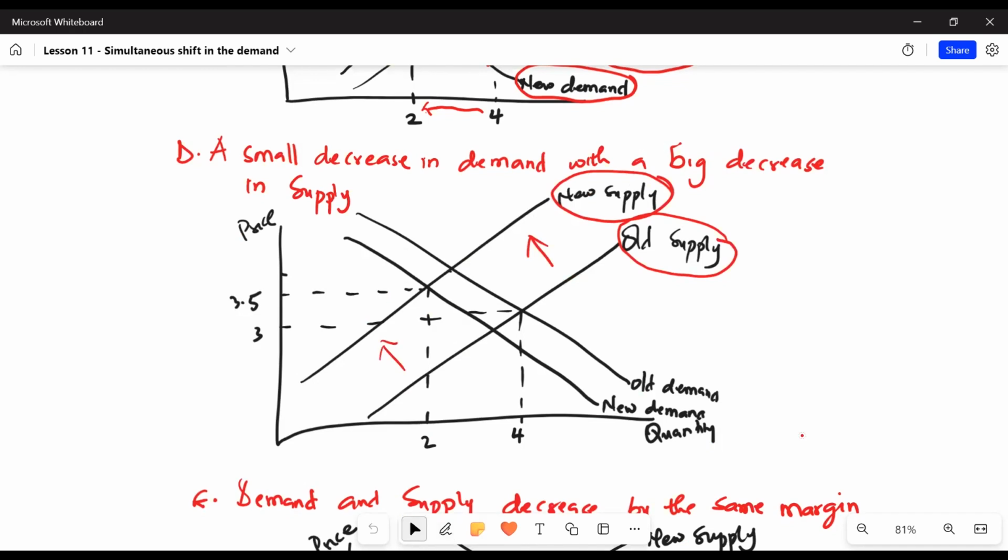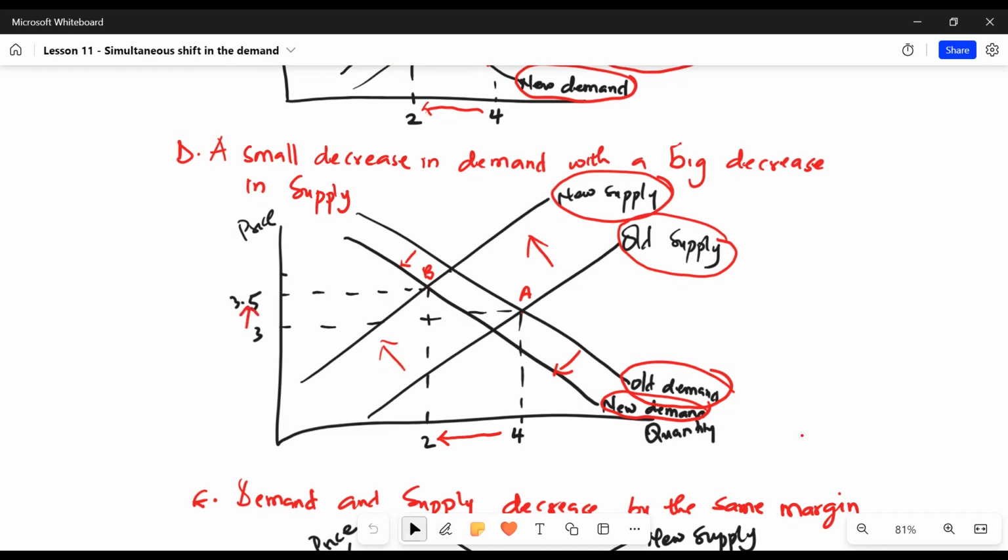and similarly we start from an old demand curve and there's a decrease in demand which moves us to a new demand curve. This movement also corresponds to a movement from equilibrium point A to equilibrium point B. In this case, we see that the decrease in supply is much larger than the decrease in demand. This effect results in a decrease in quantity,